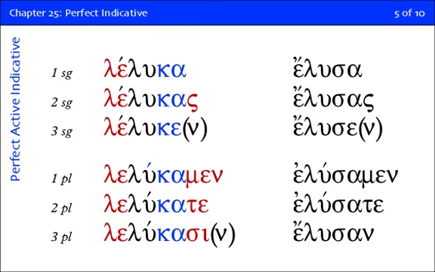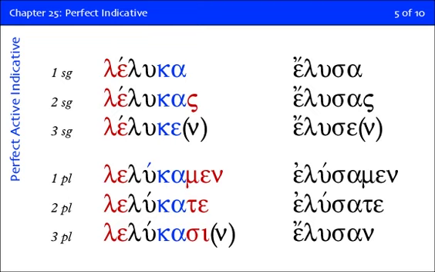Now there's a couple of things worth noting in this, isn't it? It looks a lot like the aorist, the first aorist, doesn't it? Except you have a kappa instead of a sigma. Except for the third plural. And look what it does in the third singular. Exactly the same thing the aorist does, right? Ka goes to ke. And then common, kate. And then in the third plural you have kasi. The ending actually is nu sigma iota, right? The nu drops out and everything's there. So there you have a little more difference from the aorist. But there's your first perfect active.